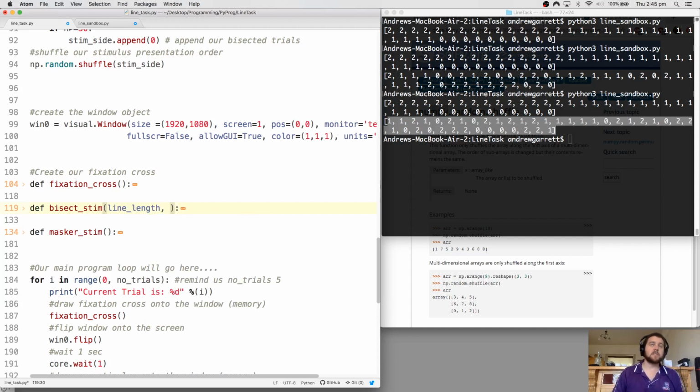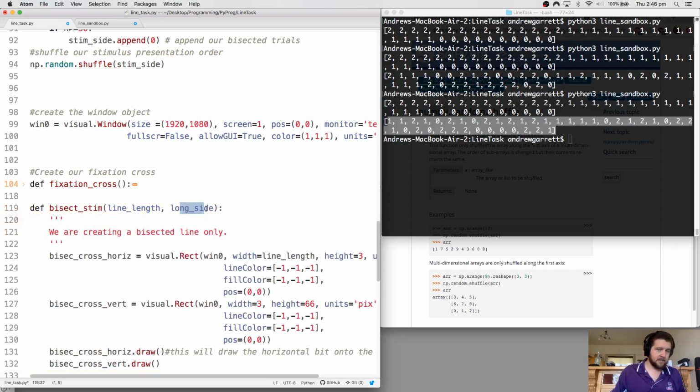We should call it something like line length. No, line length is the length of the line, so we'll say side. Yeah, we'll just call it side. Let's just say long side. Long side. And so therefore, now that we've got the long side here,